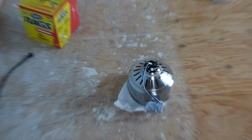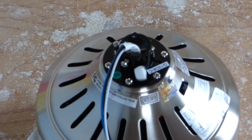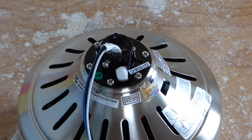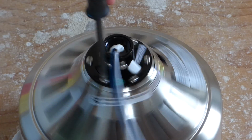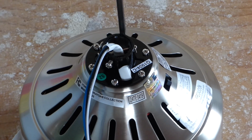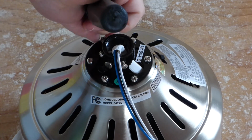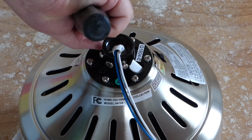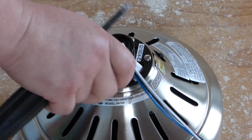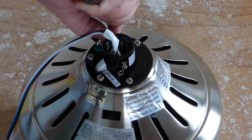Zoom in on that. Alright, so on that there, we remove every other screw that's coming off from the top there. So take that off. This one here off. When you take them off, make sure they don't fall in the grease of the fan. They should also have a washer on them. So 1, 2,